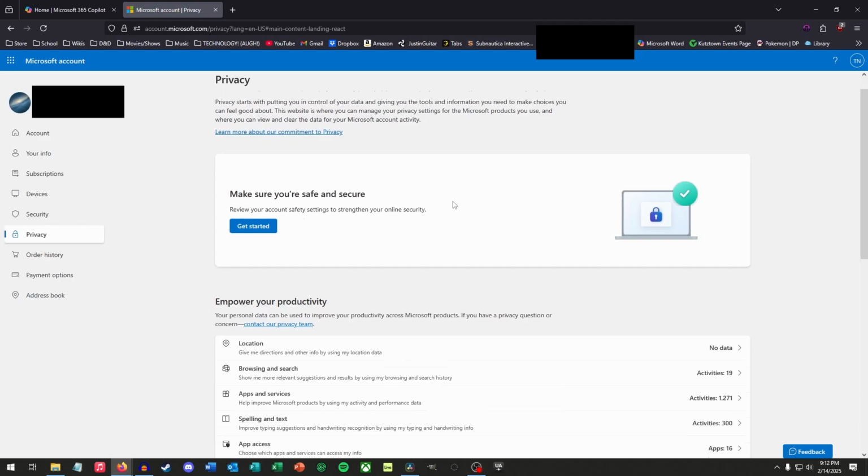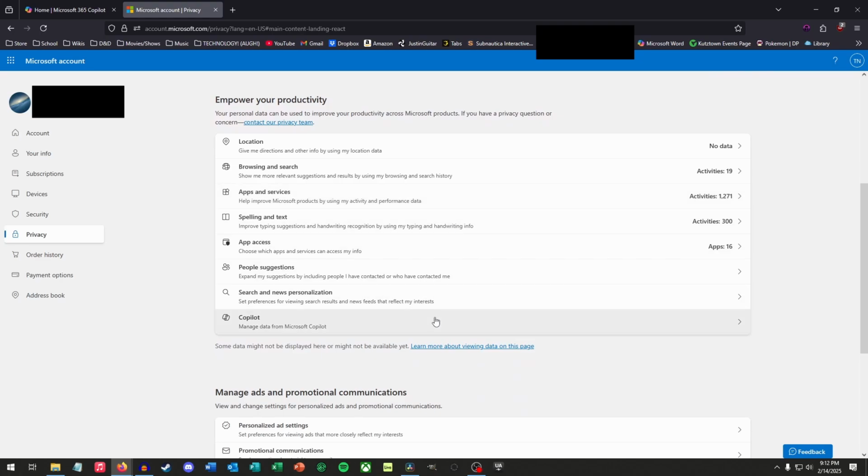And then scroll down and you'll see an option for Copilot. Now, I don't want to go any further down the rabbit hole than I need to here. This is just meant to be simple, so I'm not going to explain anything beyond deleting your history that Copilot already has. Maybe I'll make another video on how to disable Copilot, but that is information that's readily available elsewhere on the internet if you want to completely disable Copilot from collecting your information. So for now, to keep things easy, we're going to click on Copilot.